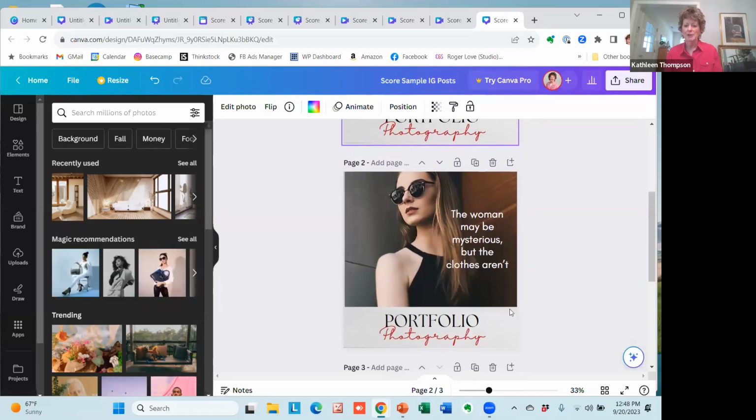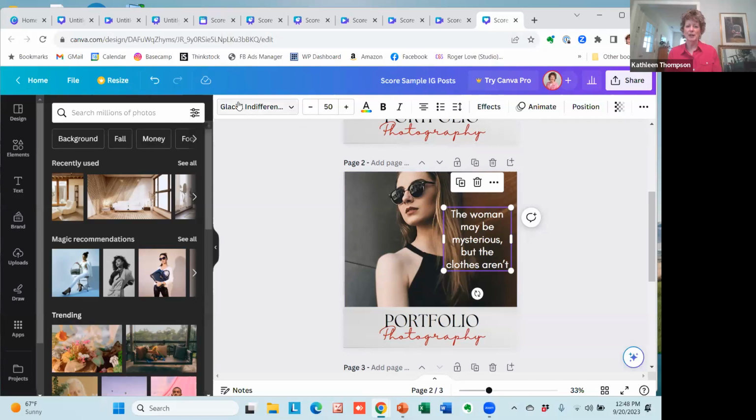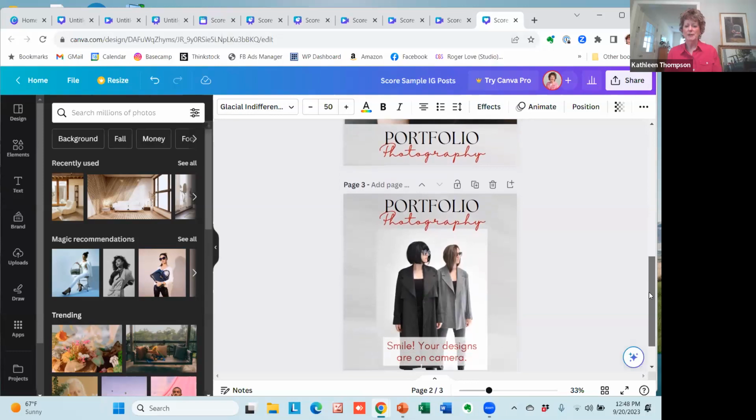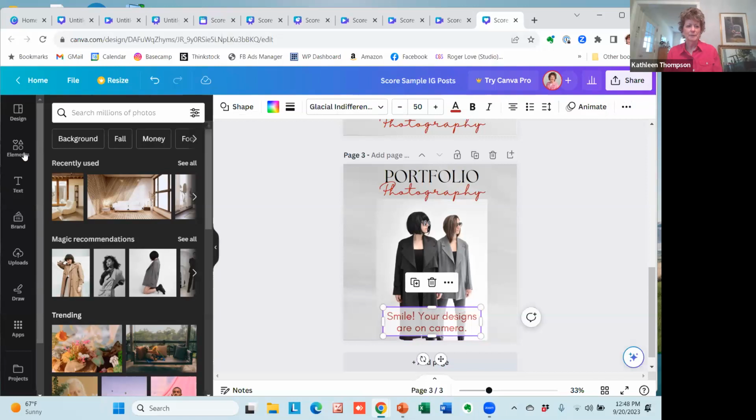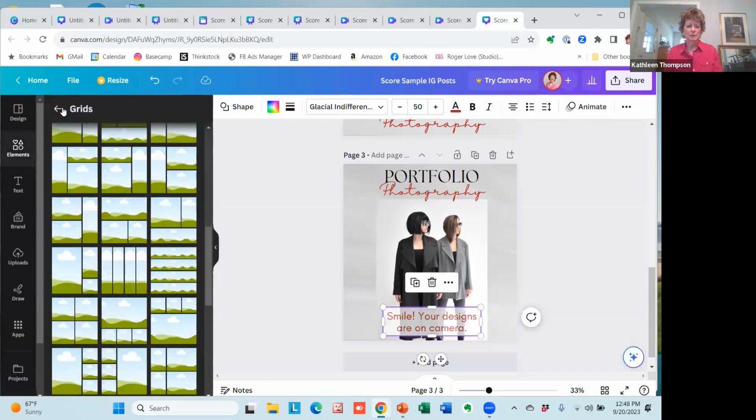So the same background exists here and my same branding exists here. Only now I've got a bigger picture, but the text, the font is still the same, Glacial Indifference. And my third one, I've made this much more complex. Same background, same title, only now I've moved it. Same photos from previously, matching my brand aesthetic. Only this time I added an element using elements,